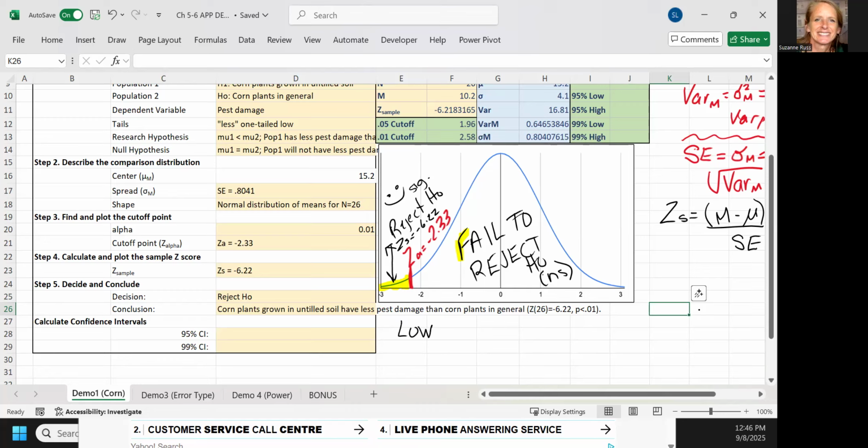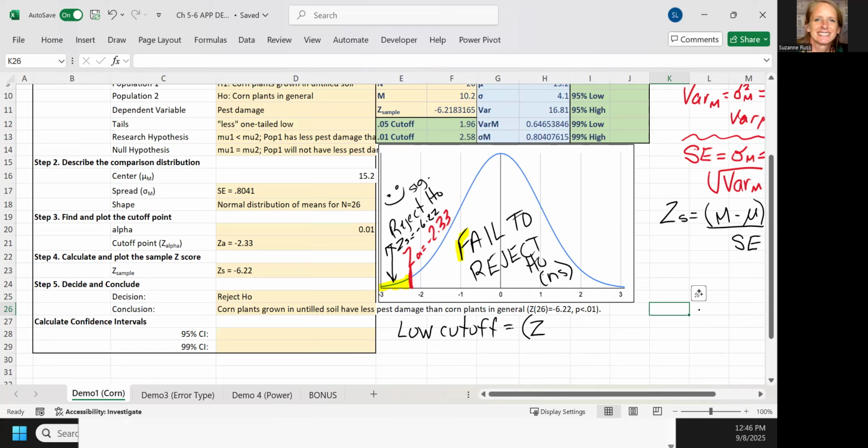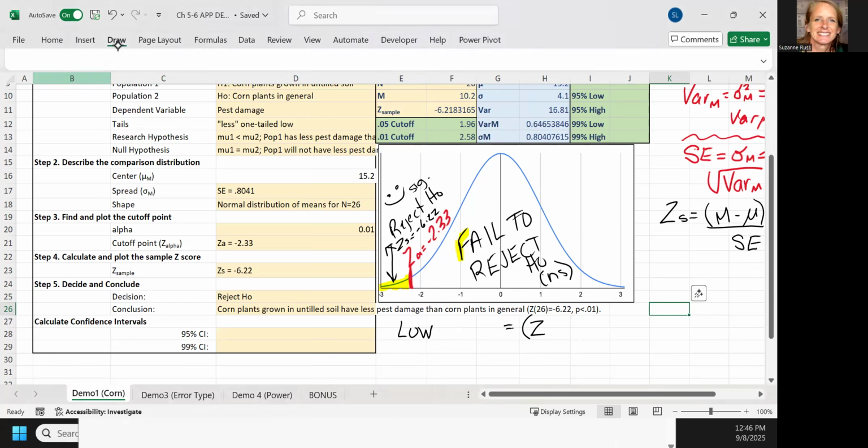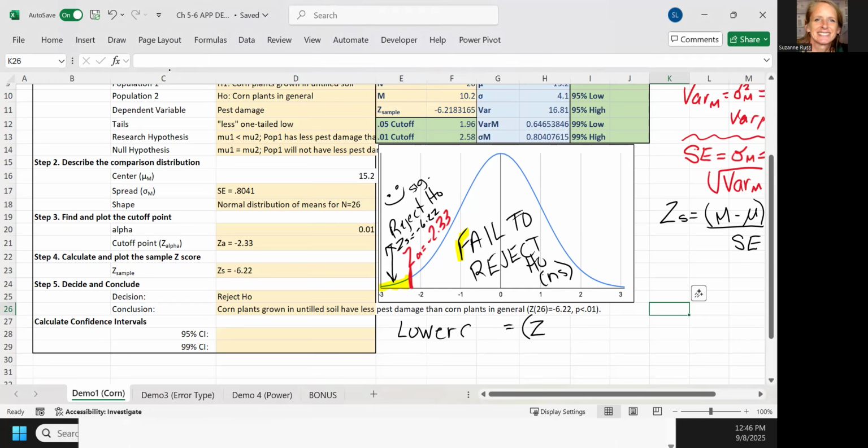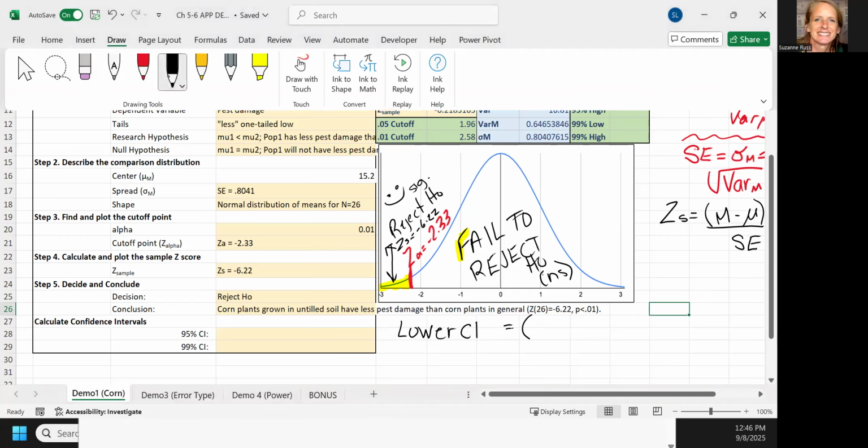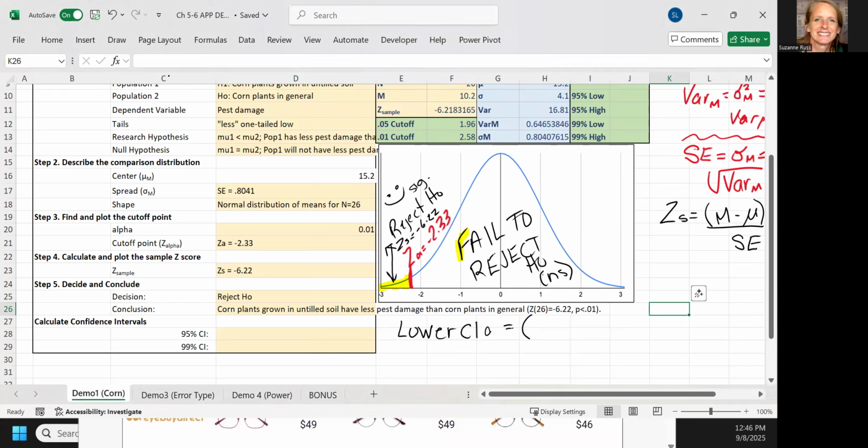The lower cutoff, let's use the lower CI. I'm going to change that to CI here. I better do it appropriately so I don't have a bad example in here. The lower range of the confidence interval equals, let me get this right too. We're looking at 95%. We're going to take that cutoff point of 1.96 and put a minus sign in front of it. So that's this 5% cutoff. We're going to multiply it by the standard error,